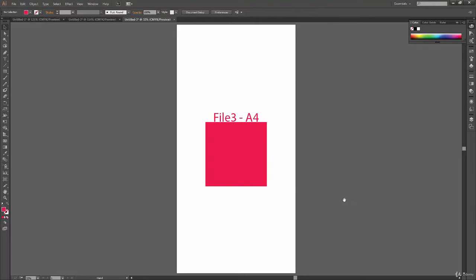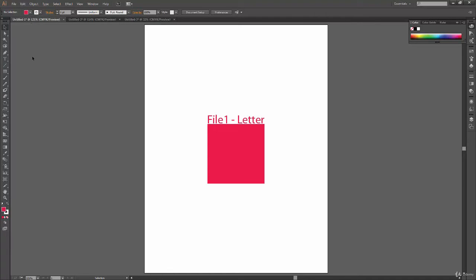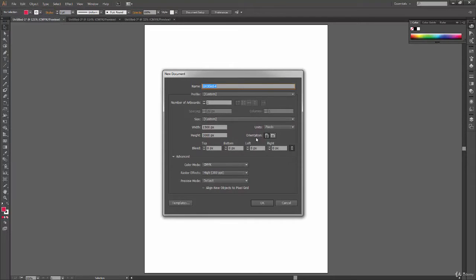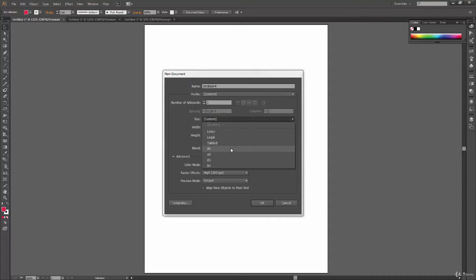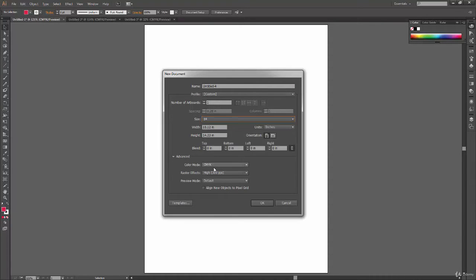Alright. So now what we are going to do is compare their sizes in pixels. Let's create one more file, and this time instead of pixels we'll take the unit as inches. So 20 inch by 41 inch, and let's take B4 size, and the unit is in inches, and it's okay.